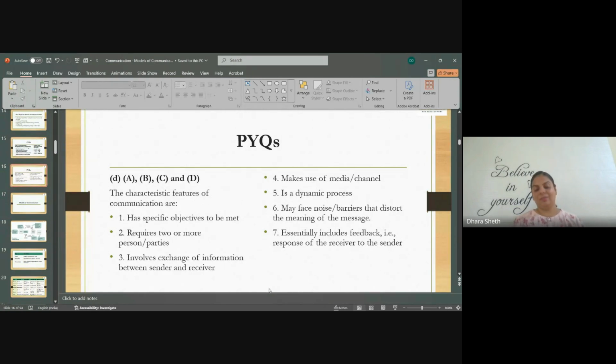Constantly messages are being sent, sometimes two-way. It may face noise or barriers that distort the meaning of the message. Just now, I was trying to explain a new term called paraphrasing, which suddenly struck my mind. Someone said that the slide is not there. That barrier distorted the message I was trying to give. I thought, let me take a term which is not written, but I forgot to say that it is not in the slide. So someone was looking for it and even asked. That is a noise or barrier that occurs.